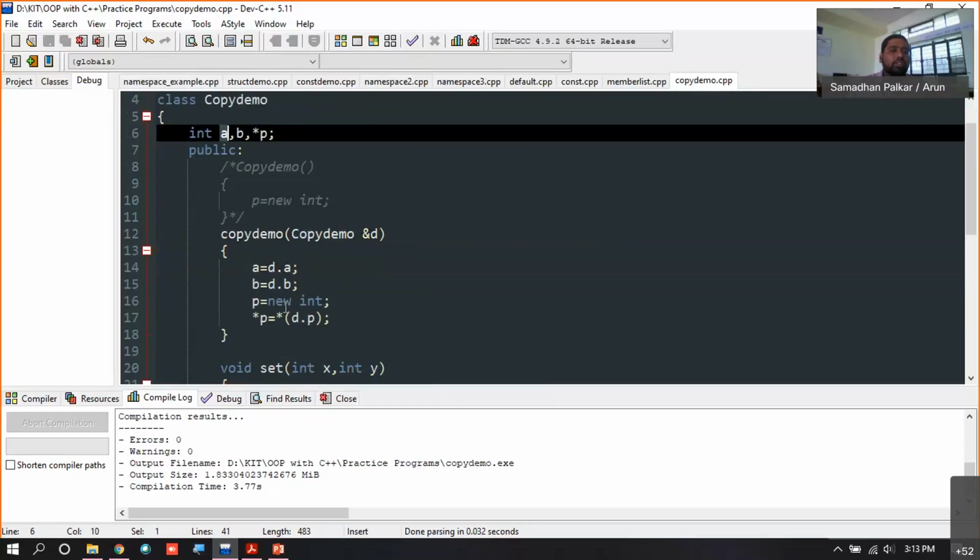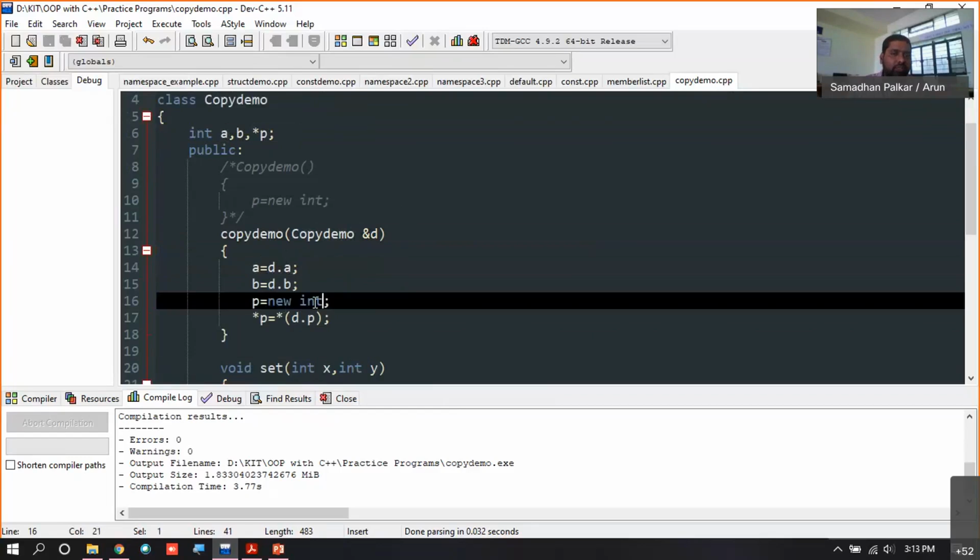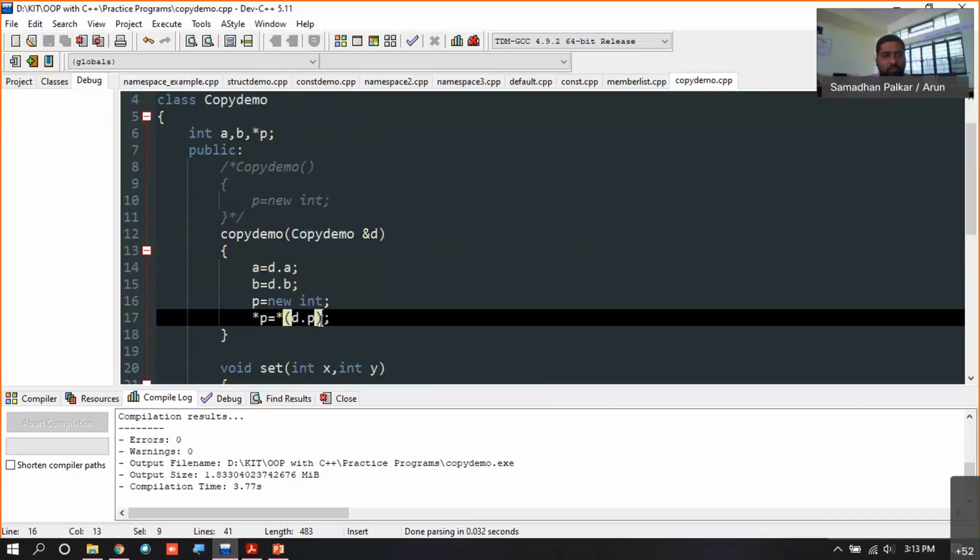Now here we actually create a memory, and then we pass the value. *p is the value at address p, and *d.p is the value at address d.p. So we are actually copying those values.